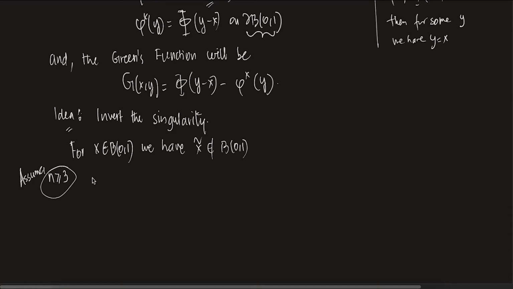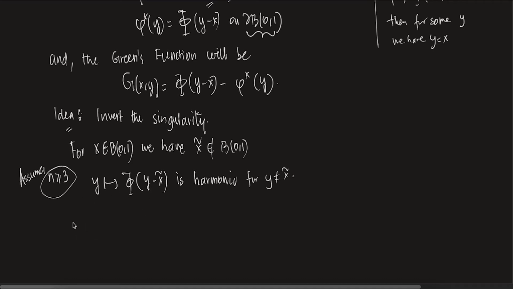Now you see, y going to tell me something. Phi of y minus x tilde is harmonic for y not equal to x tilde. Yes, this is true. Why? Because if I'm taking y which is not equal to x tilde, phi is harmonic everywhere in R^n, except at y equals x tilde. So it is harmonic as a function of y.